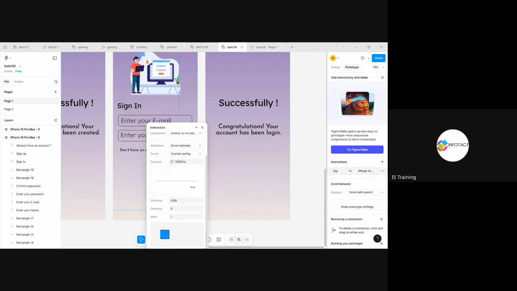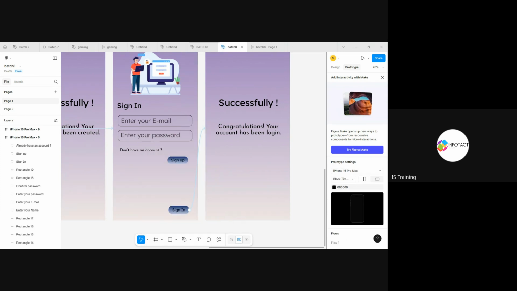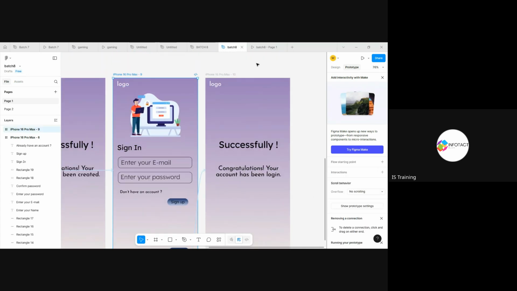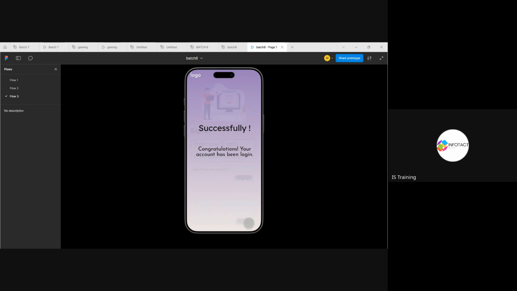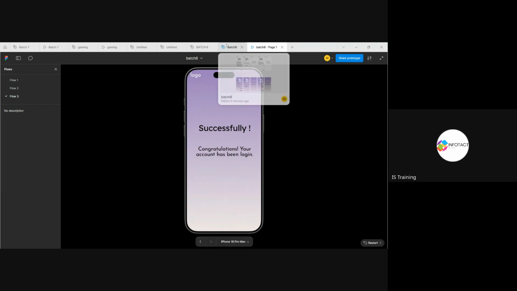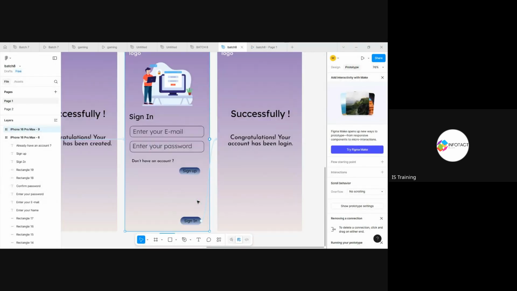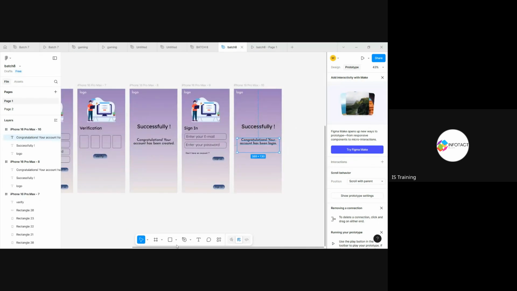Next is the custom spring. In this, from here you can set the spring how you want. So if I do this custom spring, you can change it. If I click on the sign, you can see it's just springing. For however many seconds you have applied, it will spring for that much time, then it will be normal. One thing I need to tell you is